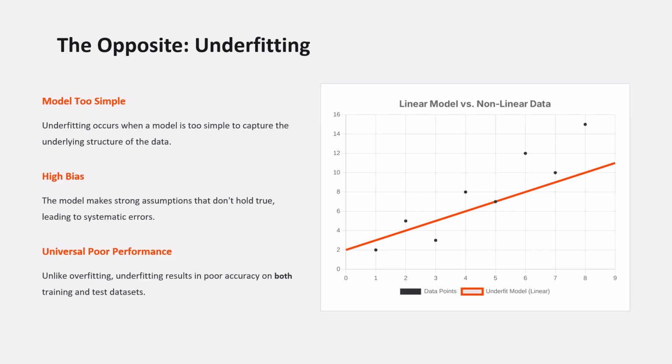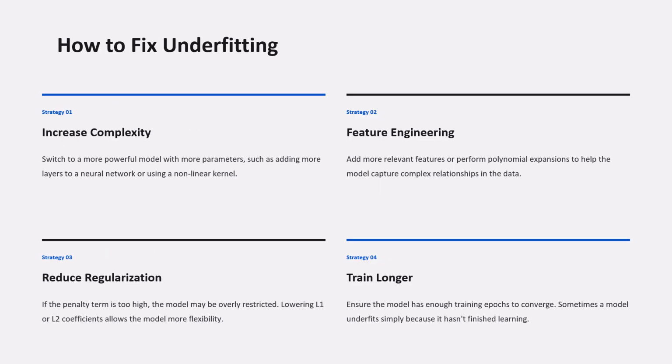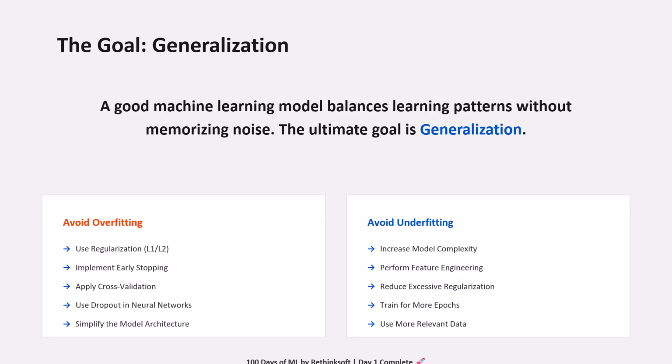And how do we fix underfitting? We have multiple approaches, like increasing the model complexity and feature engineering. We can reduce the regularization, and we might train it longer. Finally, we make sure we train long enough, because sometimes a model just needs a few more epochs. With these fixes, I think we can move much closer to balancing a model between overfitting and underfitting.